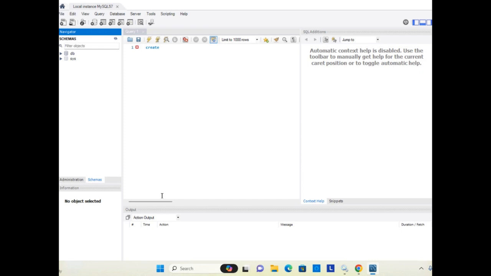Whatever command you have created or executed in the query editor, you can observe it in the output bar, which is given below the query editor. On the right hand side is a help window. If you have some problem, you can take help there. And above is the menu bar. So let us start to work with MySQL Workbench.